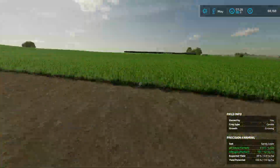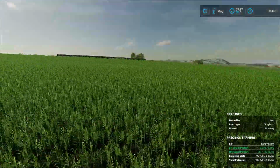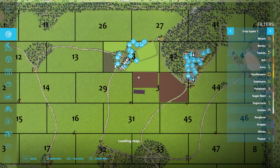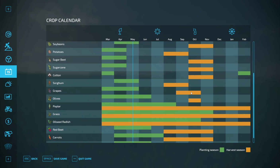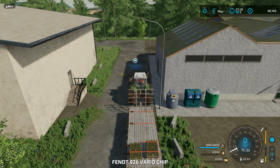And let's have a look at the sorghum. Looking nicely germinated, quite well. Alright, lovely. No weeds, so that's good. 99% yield out of 100. Perfect. The olives are doing good as well. They are not ready to harvest, are they? Olives? No. October, okay. That is good. Yeah, still in the very earliest stages of growth. Canola should be ready very soon, but we're jumping into the vent again and we're gonna sell the olive